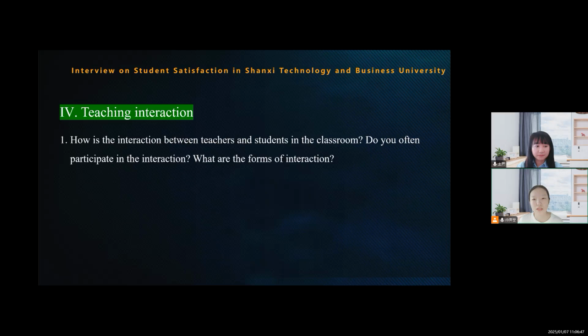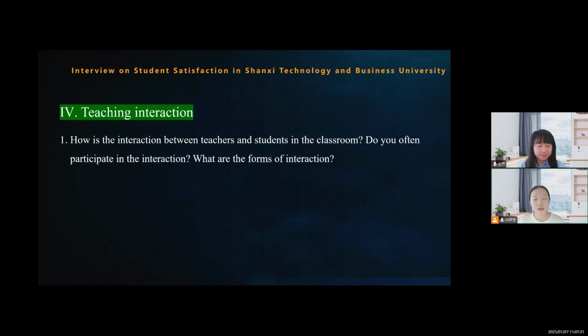In the question and answer session, the teacher will ask some inspiring questions to guide our thinking. For example, in the organizational behavior course, the teacher will ask how to improve team cohesion and let us answer it based on theoretical knowledge and practical experience. Sometimes the teacher will set some controversial topics for us to debate, such as whether an enterprise should pursue profit maximization or social responsibility maximization. The students express their opinions.